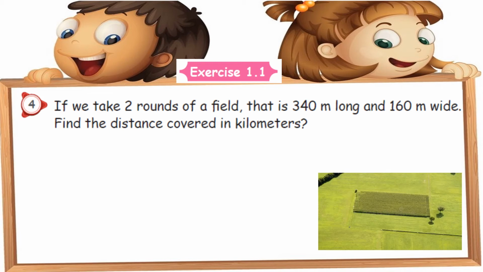Okay. So its length is 340 meter long, isn't it? And breadth is 160 meter. That's what is given as the wide. Okay, don't get confused. So this is the measurement, but they didn't give us a meter, perimeter or area. But what is the question? Find the distance. So we need to find out the perimeter only.